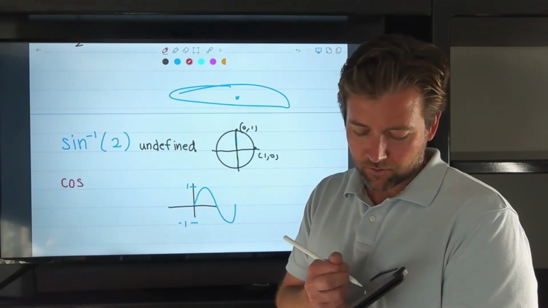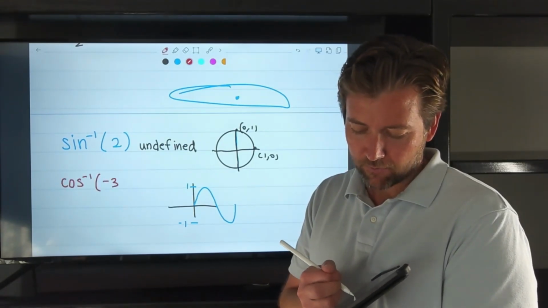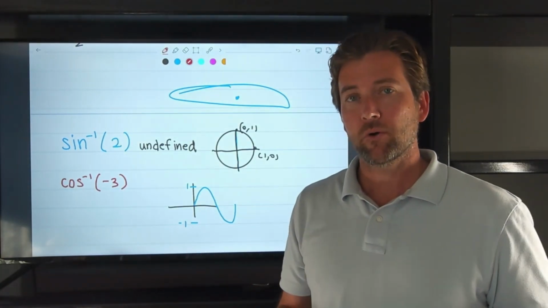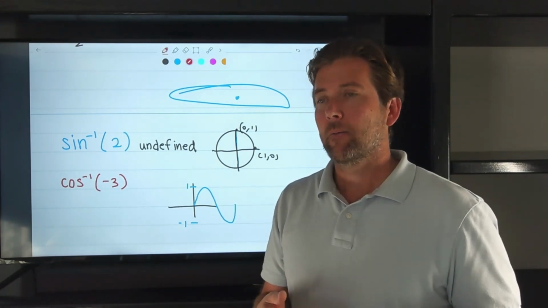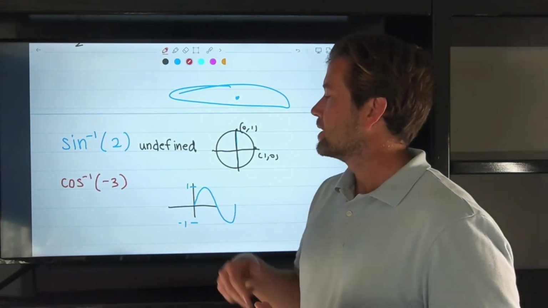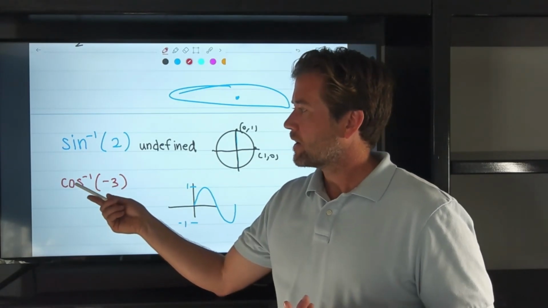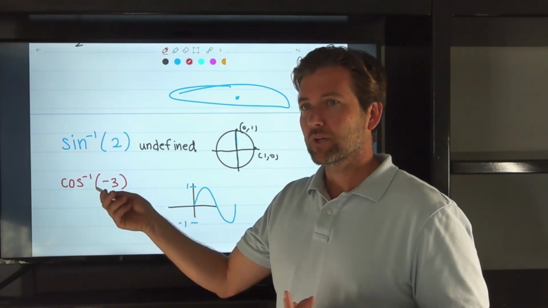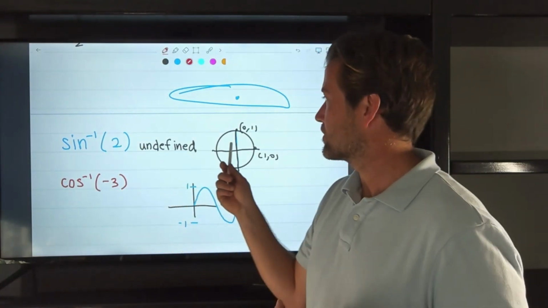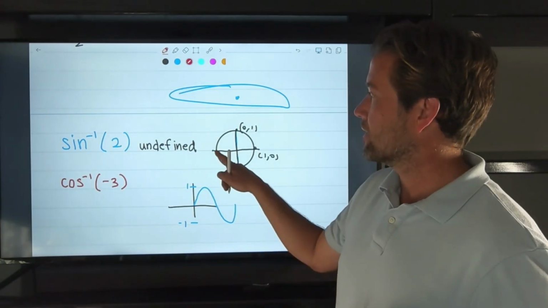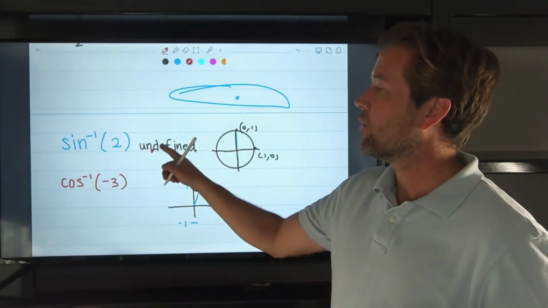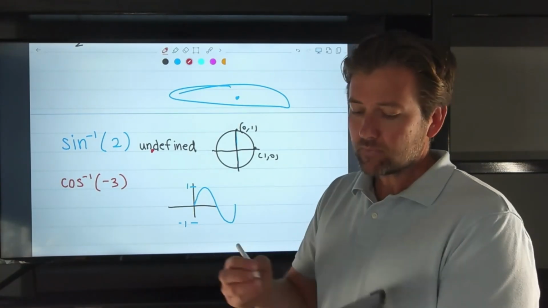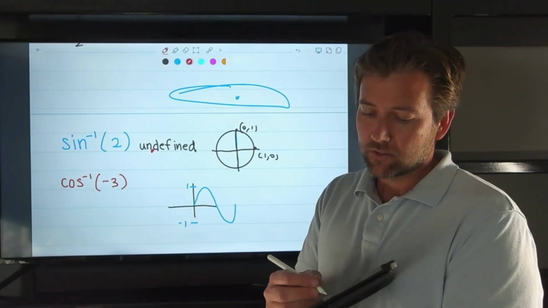Let's go with the arc cosine of negative 3. So this arc cosine should output an angle between 0 and pi, and it could include 0 and pi as well. And so I'm thinking, okay, cosine, this negative 3 represents an x coordinate on the unit circle. But it's impossible. There can't be an x coordinate of negative 3 on the unit circle. If this is negative 1 right here, negative 3 would be all the way over here. There's no point on the unit circle with an x coordinate of negative 3. So again, similarly to